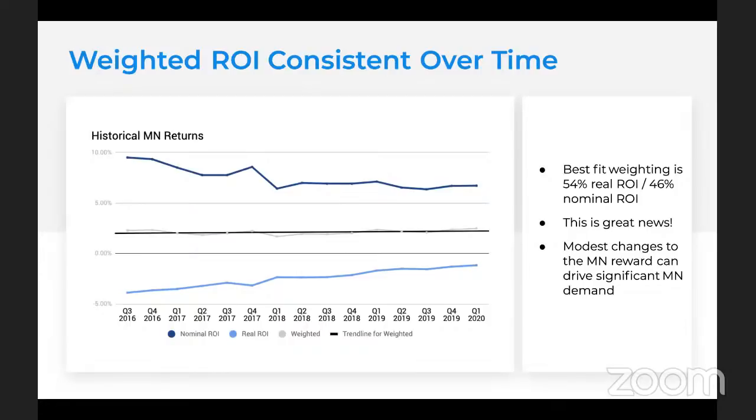And I have strong confidence in what I'm seeing here because it has remained so consistent over time. It is practically a flat line. There are some points in time when the ROI, the weighted ROI demanded by the market was a bit lower or a bit higher, but it's been very, very consistent. And so when we start to build this into some of our models, on the next slide,